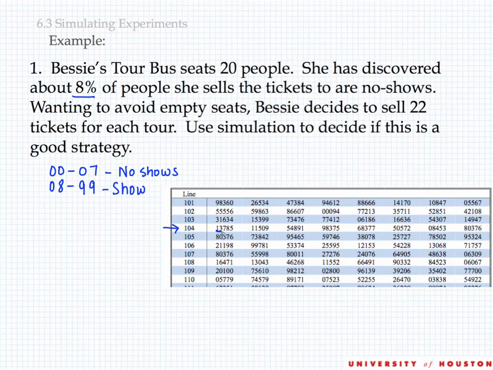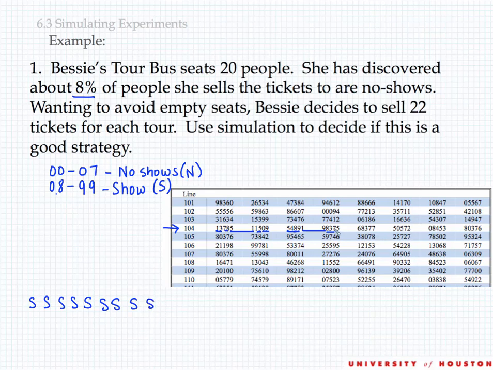So our first number is 13. 13 is in our 08 to 99 group, so we'd have a show. Let's let our shows be represented by S and our no-shows with N. Our next two-digit number is 78, so they would show up as well. Then 51, 15, 09, still in my show up group, 54, 89, 19,